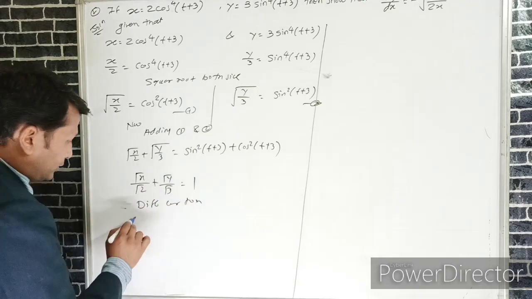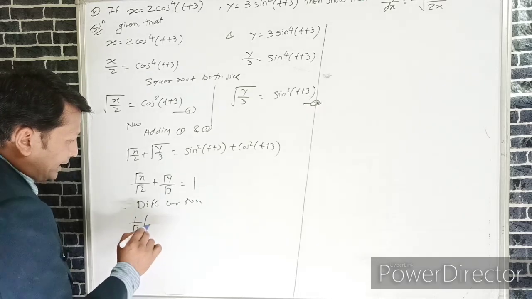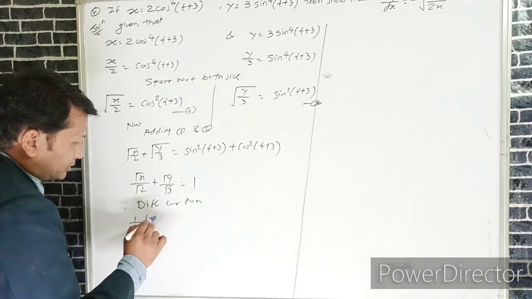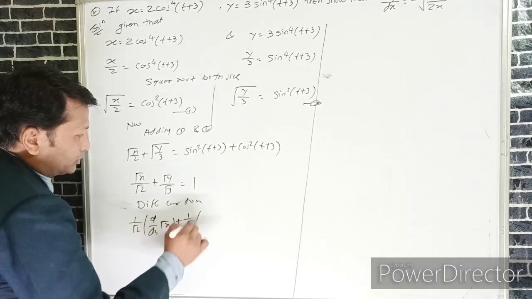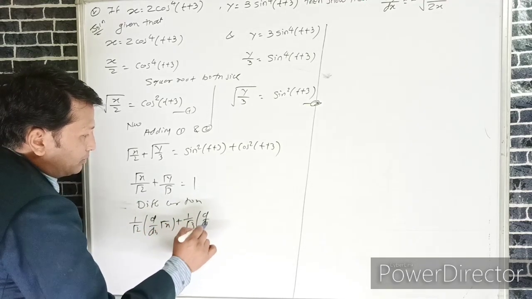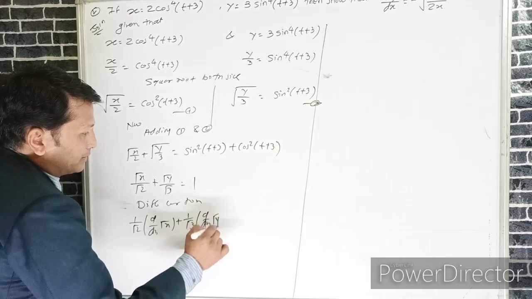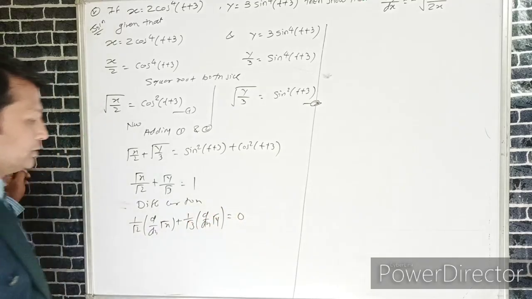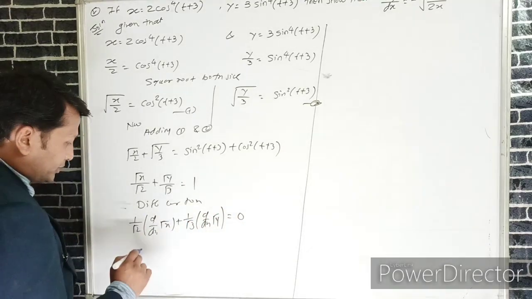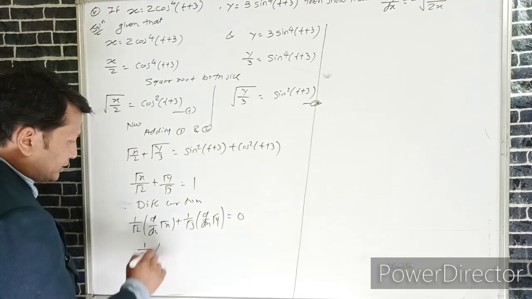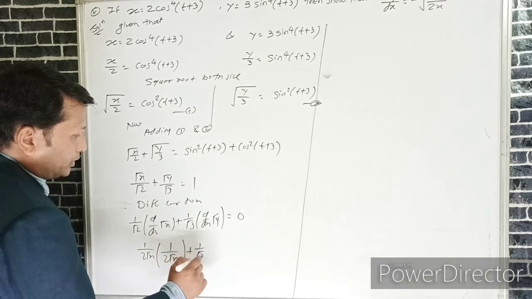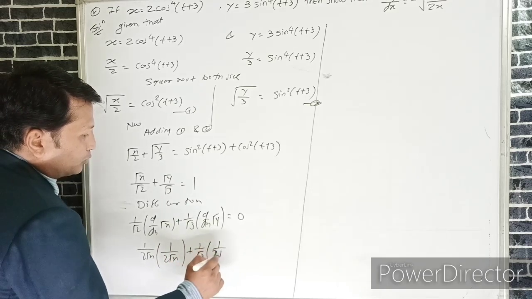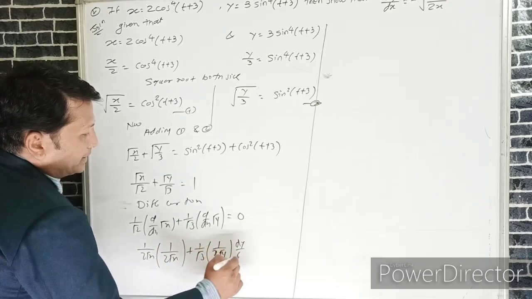We can write 1 by root 2, a constant function, times the derivative of root x, plus 1 by root 3, a constant function, times the derivative of root y, and the derivative of the constant is 0. The derivative of root x is 1 upon 2 under root x, and for 1 upon under root 3, the derivative of root y is 1 upon 2 root y into dy by dx, equals